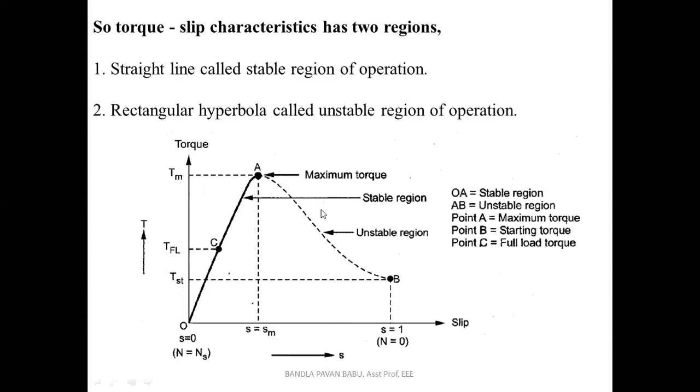Earlier we have discussed that the starting torque will be high if the slip is equal to 1, but that should not happen there, because the rotor stops rotating. Before that, it reaches its full load torque. You can observe from the graph that the maximum torque Tm will be high and the full load torque will be less than the maximum torque. I'll give you the data, based upon the rating of the machine, for the full load torque and all, further on.